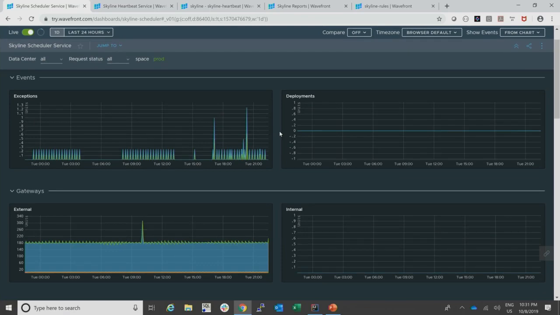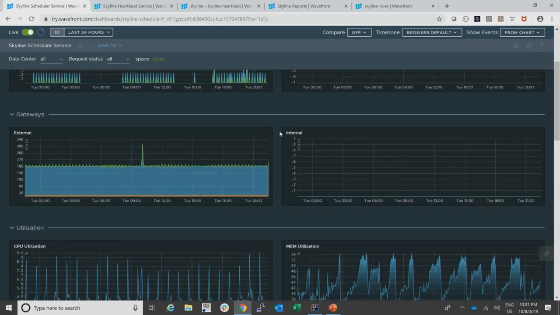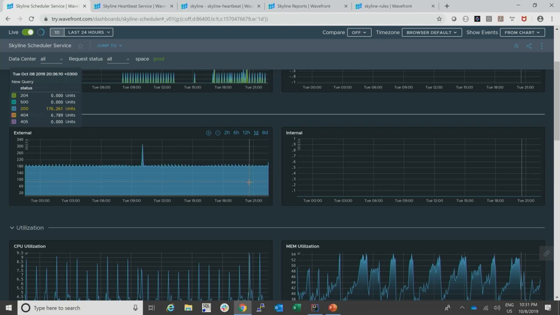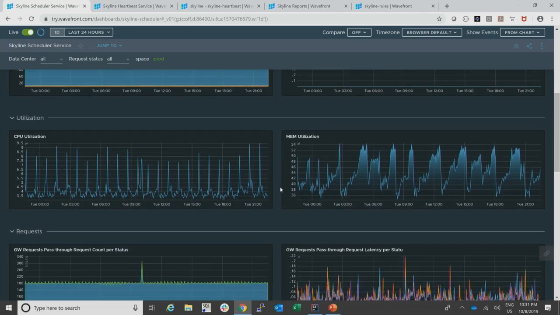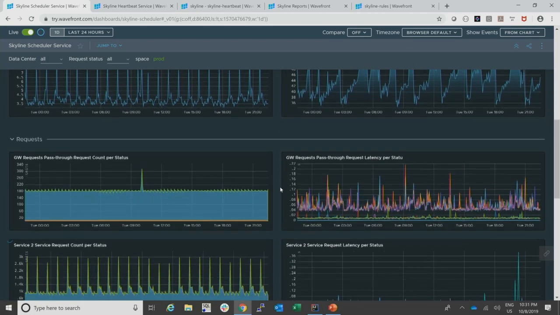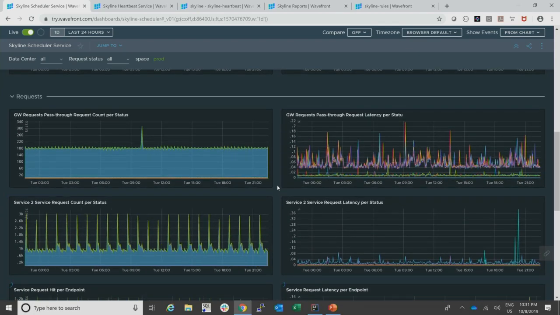And when we scroll down, you can see the traffic that comes through our gateway. Basically, this service has no traffic coming through the internal gateway, but really goes through the external gateway. All that traffic is coming from our on-premise appliances that collect a lot of data from the customer environment and send it home. So you can see how this looks. Of course, memory and CPU utilization, that's a must. And when you scroll down, you can really understand the value here.